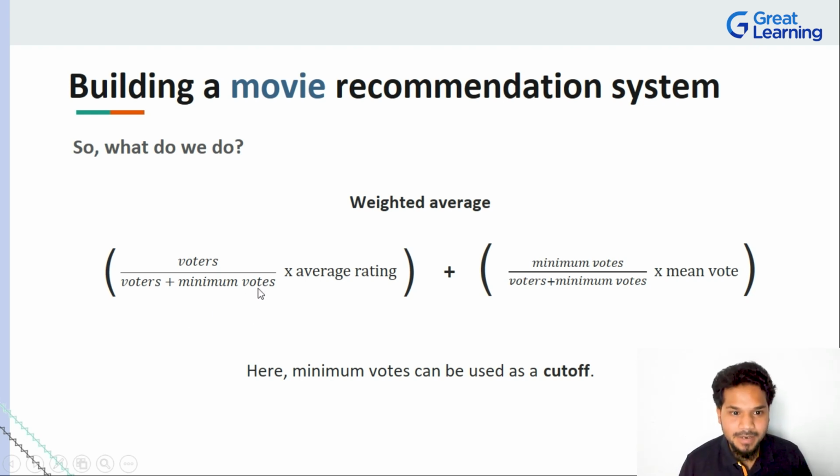When I say minimum votes, what is this minimum votes that we're talking about? Minimum votes is a fantastic concept where we are actually trying to set a cutoff. We are using that as a cutoff to say, hey, I want a movie in the top list if it has, let's just say, a minimum of these many reviews,